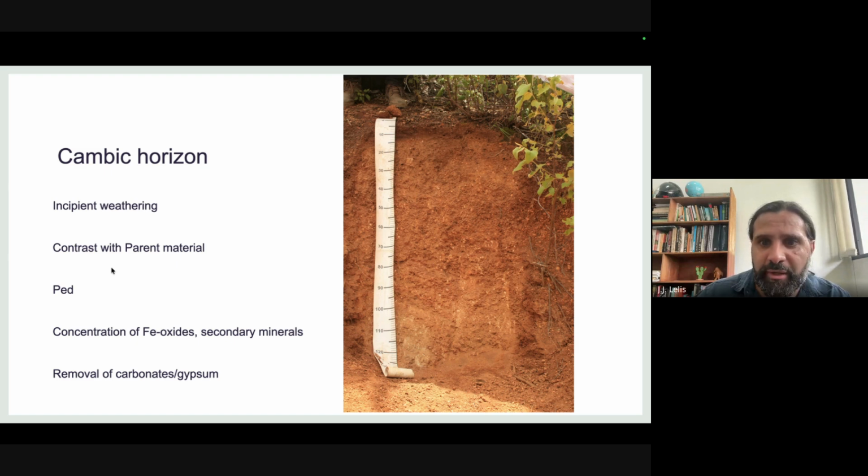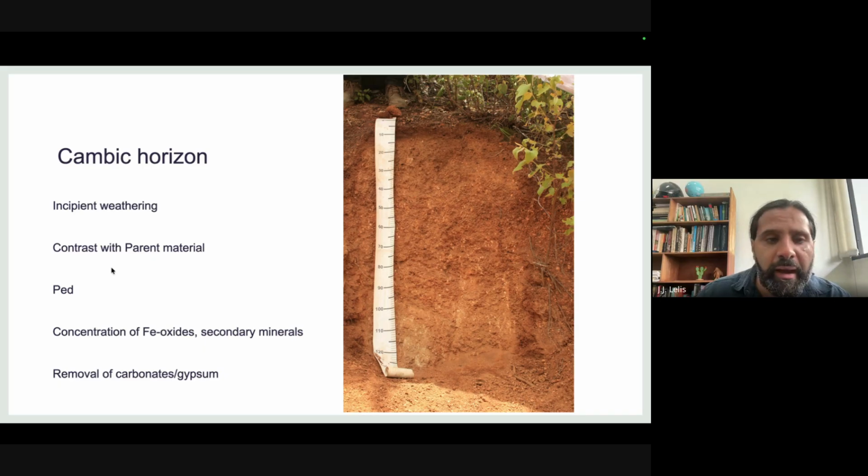So this cambic horizon is something that starts to express some pedalization. So we have peds, we have aggregates, we have a structure that is at least weak, but usually moderate. So we can see some soil formation, some horizon formation that are not connected to melanization in the A horizon,